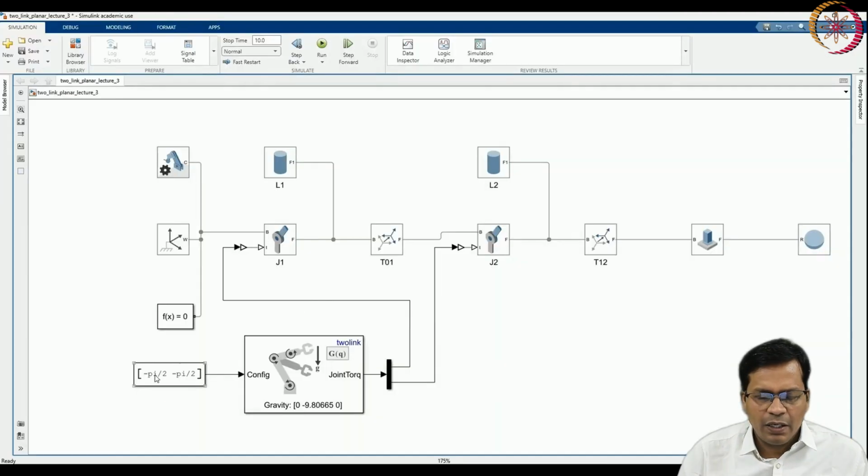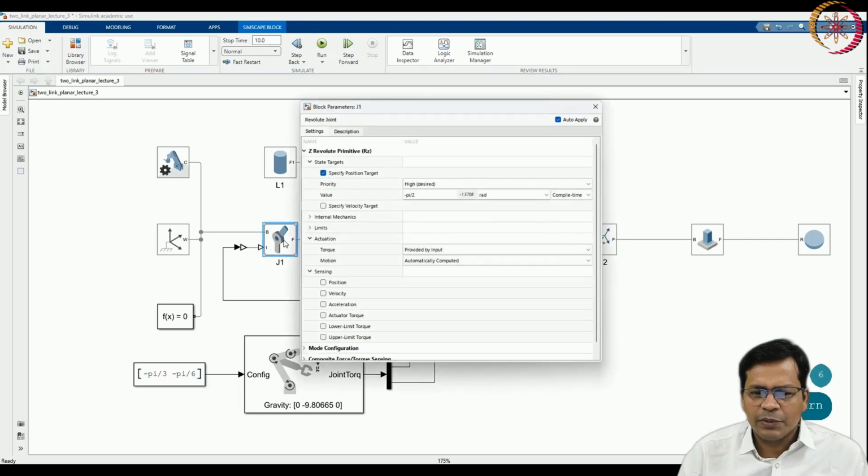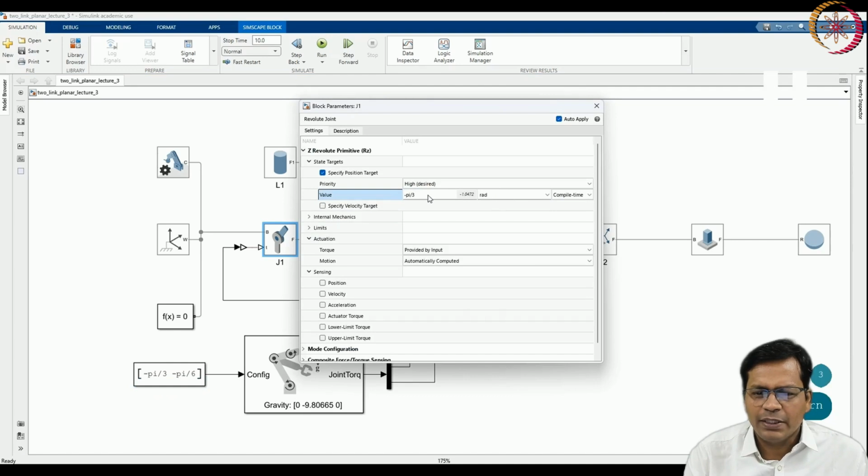Okay. Now I will change the joint angles. I will make it minus pi by 3 and minus pi by 6. The same is to be set here also. So minus pi by 3, that is the state target. I have set it as minus pi by 3, and you can notice here torque is provided by the input and motion is calculated automatically.